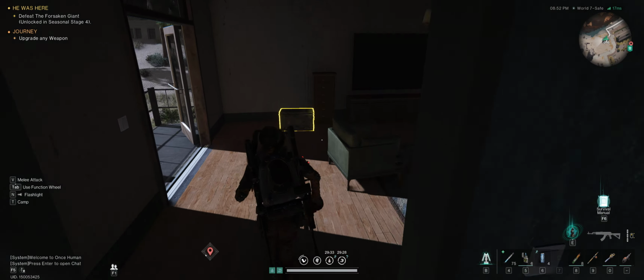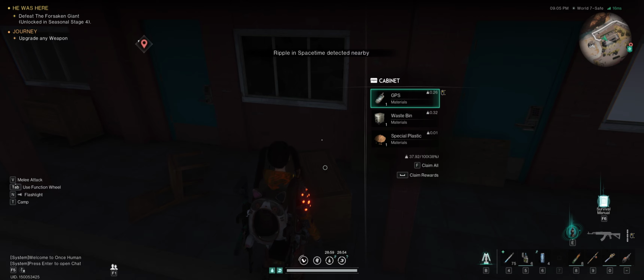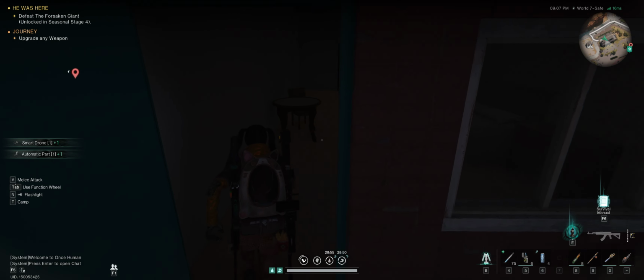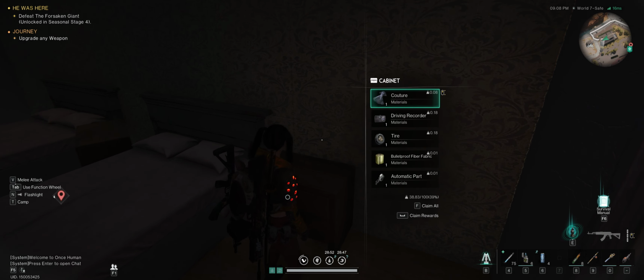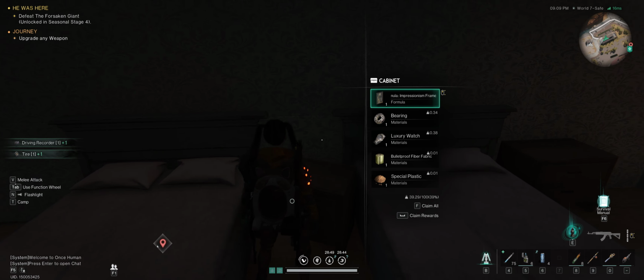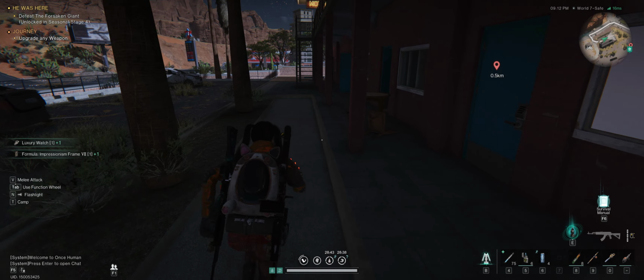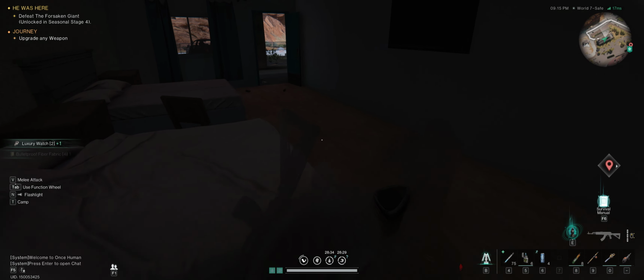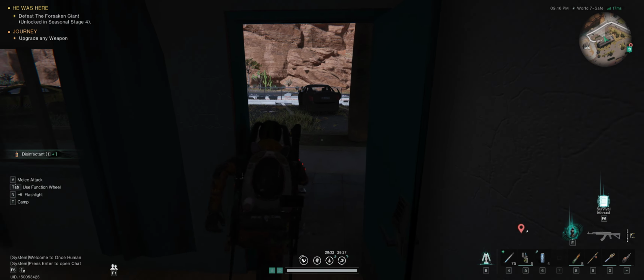So this little motel right here, what we're going to be searching is all these little cabinets, and what we're looking for here is furniture blueprints. I don't know, since the last patch, or maybe it's just because I've gotten most of the blueprints. There's one right there. Impressionism frame number 7. I almost never run through this little motel without getting at least one. I think there's maybe been 1 or 2 times where I've done a run and didn't get any blueprints, but that was pretty odd. I feel like since one of the last patches that they have actually